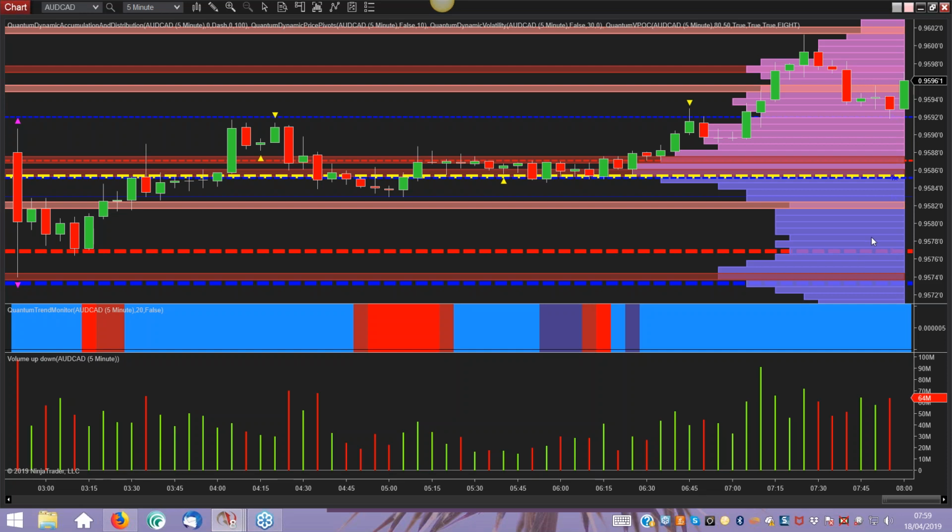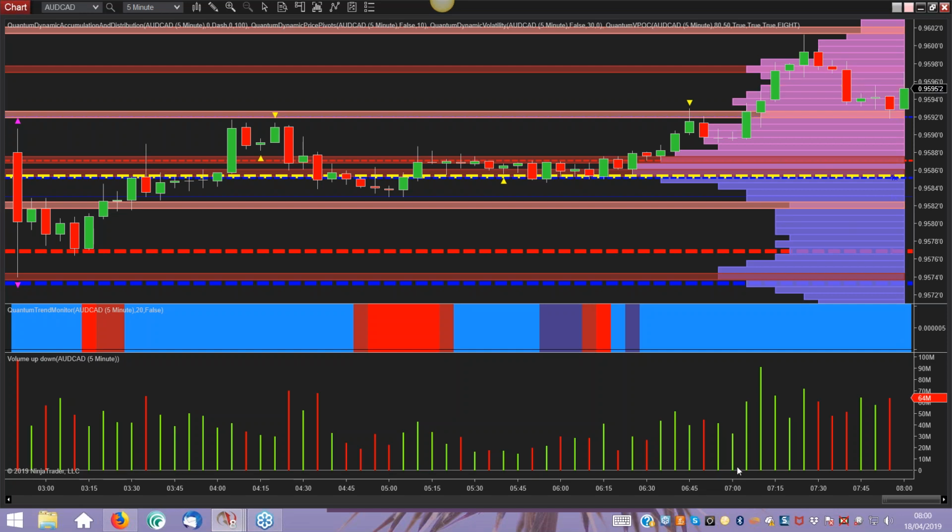In terms of the trend monitor transition, it's just remaining steadfastly blue for the time being. In other words, in the 5-minute time frame, we're not seeing a transition through to a longer term trend reversal. What we're actually seeing is a minor pullback for the time being. What was also interesting about the volume perspective in terms of this little rally that was going on from